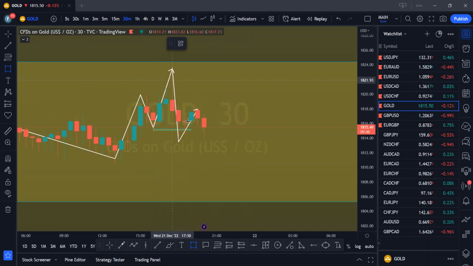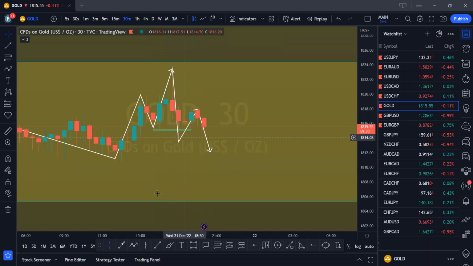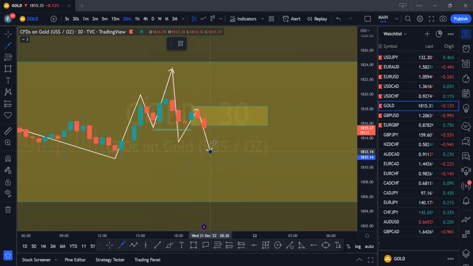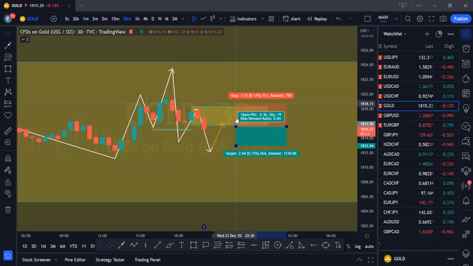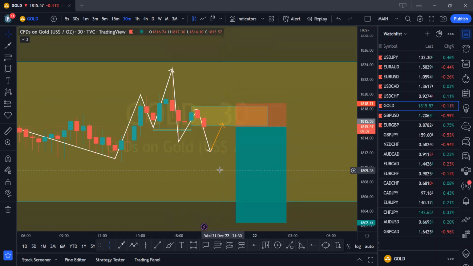So this is a supply range, but what I wait for is very, very simple on gold. I'll recommend that you wait for this lower low to be formed. So you want price to break this low. Once that low is formed, you now want to wait for price to retrace into this supply here. Then you look for sells on a lower time frame. So that's what I wait for, Mr. Ambrose.